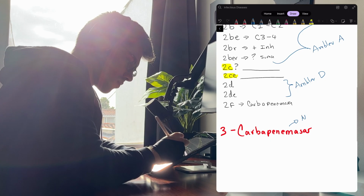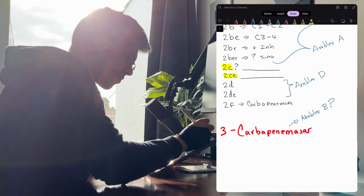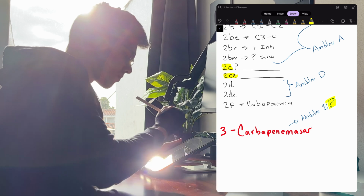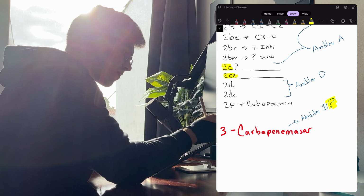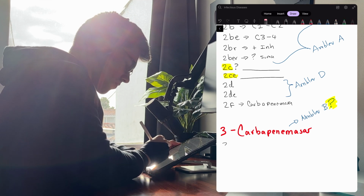For example, what I did before starting to read the article on carbapenemases was take a blank canvas on my iPad and start to write down what I remember from the classification of the beta-lactamases. By doing this, several questions start popping into my mind. I start thinking, was there a 2C classification in here? What is the spectrum of this specific beta-lactamase? And so all of these questions kind of start priming my brain,